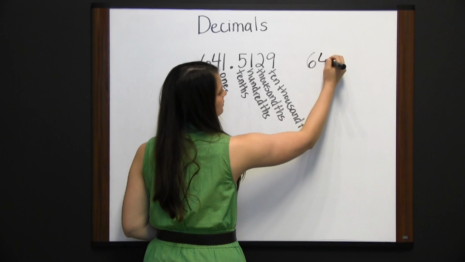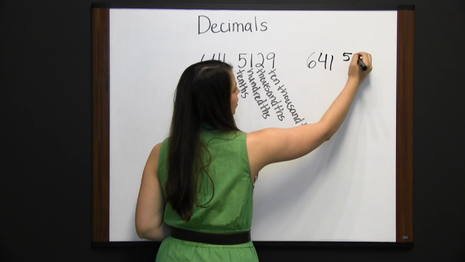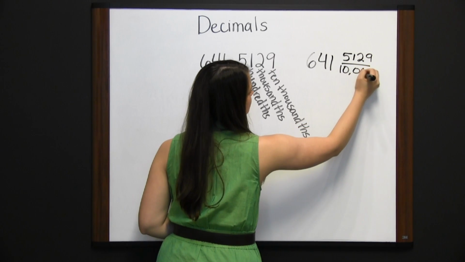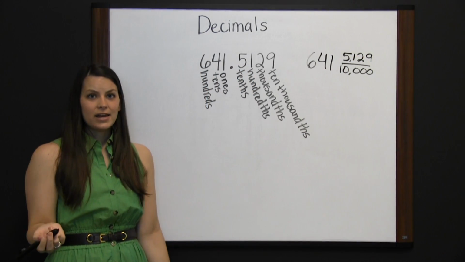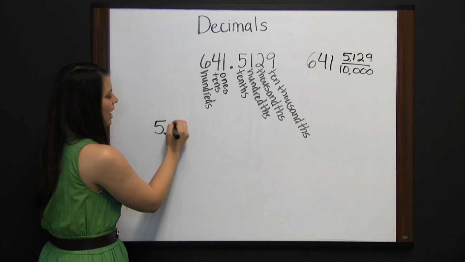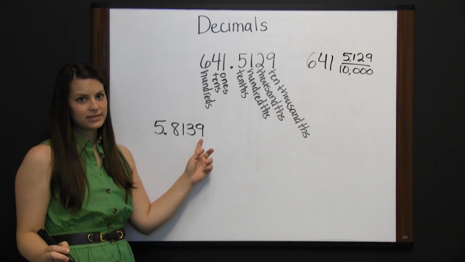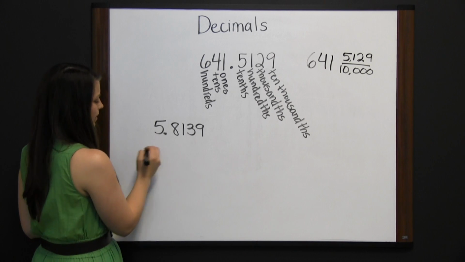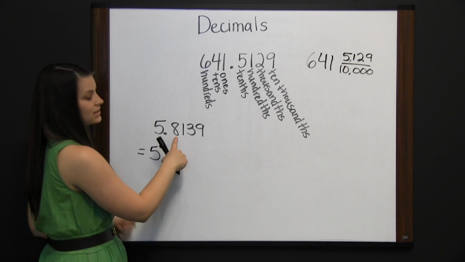641 and 5,129 10,000ths. Let's look at another decimal. 5 and 8,139 10,000ths. We could write this number as an improper fraction by taking the 5 plus, this would be 8/10ths since it's in the tenths place,